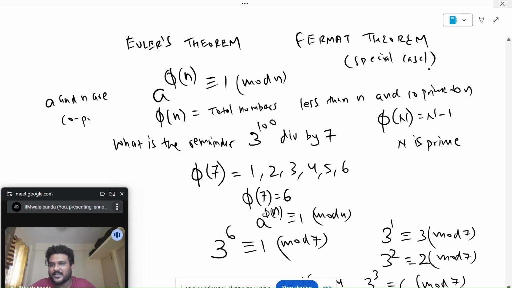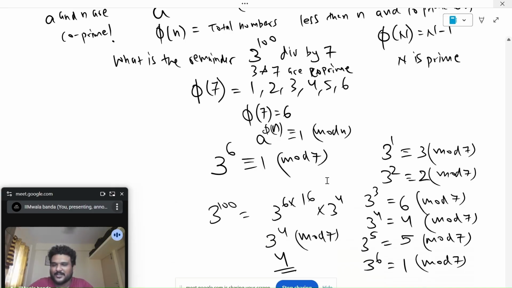This is the only condition that Euler put. So you can only use it if, as soon as you see this question, you see that 3 and 7 are co-prime. That's why I can use Euler. All right. Let's say if you don't know Euler, you don't want to understand Euler, you could